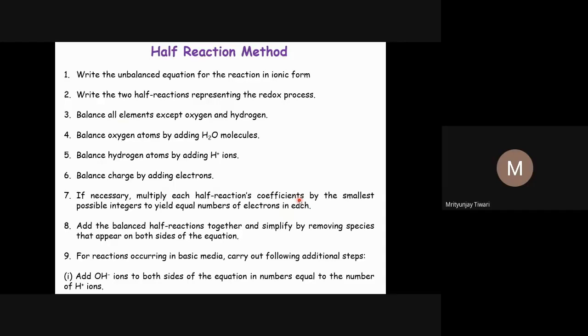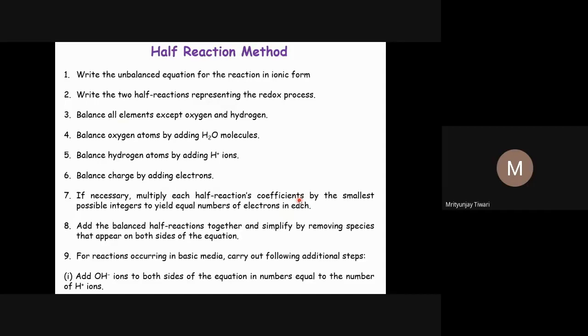Because, as I explained last time, the number of electrons lost must be equal to the number of electrons gained. Electrons will not go into solution, usually; there are some exceptions, like alkali metals. Usually electrons do not have a separate or independent existence. So if some species is losing electrons, some other species must be there to accept them, and the number of electrons lost should always be equal to the number gained. That is why we do this, to keep things balanced.